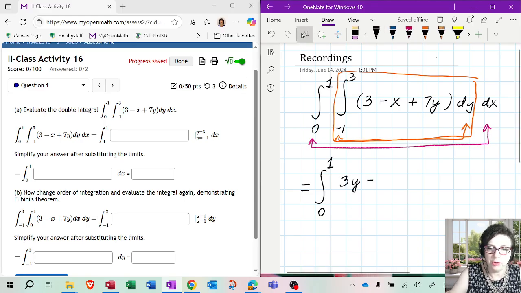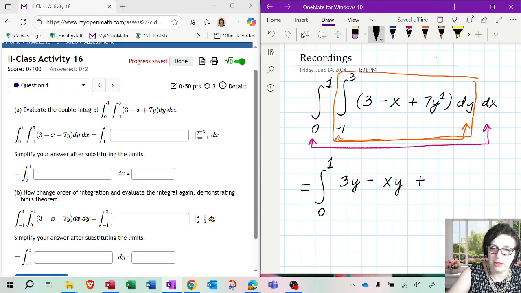Then, when you're integrating with respect to y, you treat everything else as a number. So x is also a number, just like 3. So this is going to become xy. Now, when you integrate y, that is the same thing as y to the power 1. So we have the power rule for integrals, which increases the power by 1, and so that'll become y squared. And then we divide by the same thing, 2, and multiplying by 7 is the same as multiplying by